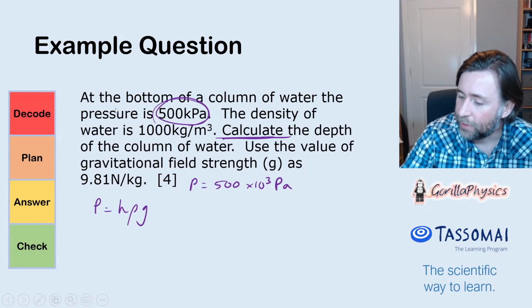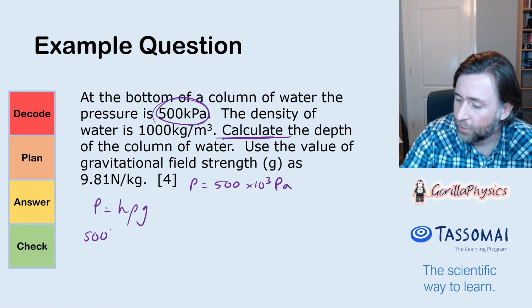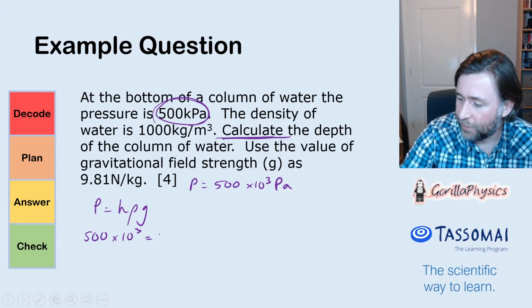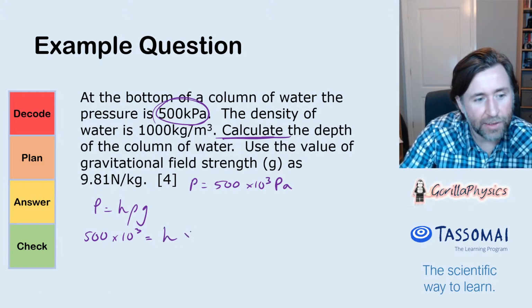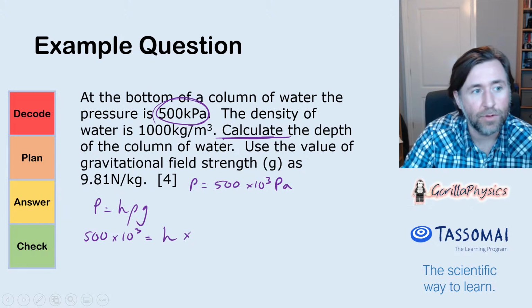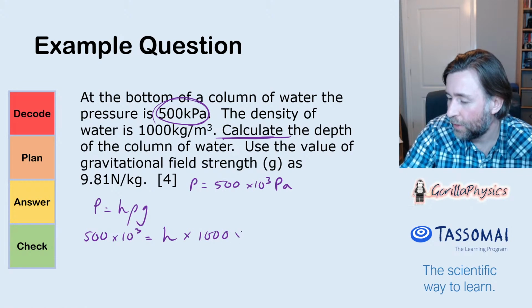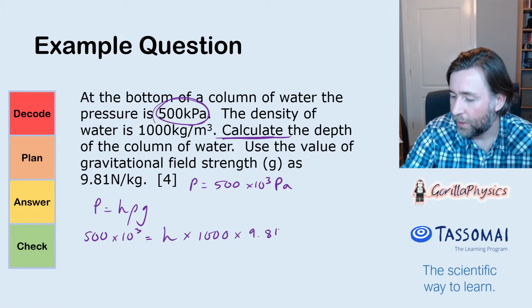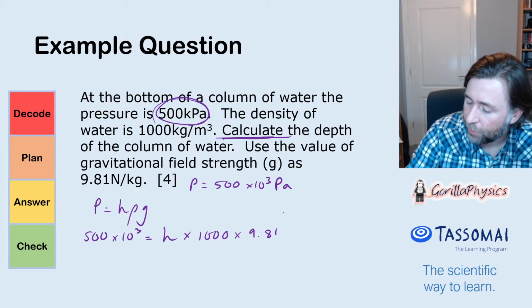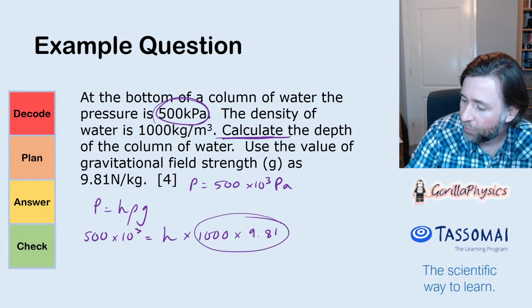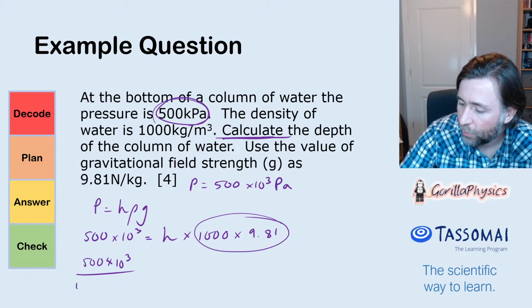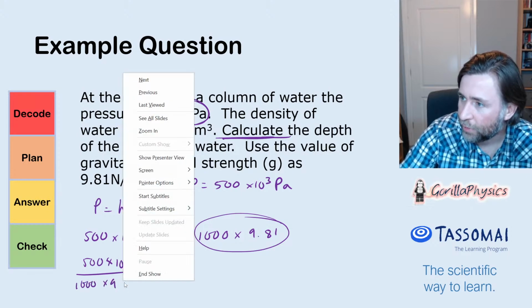Now, the way I'm always recommending to do this is to put your numbers into the equation first. The reason for that is because I'm going to calculate the depth, so that's going to be h, and there is a mark for correctly substituting into an equation. Density is 1000, g is 9.81. And now we can do our rearranging. Over this side, we've got times by 1000 times 9.81. So when we move that across, we're going to get 500 times 10 to the 3 over 1000 times 9.81,